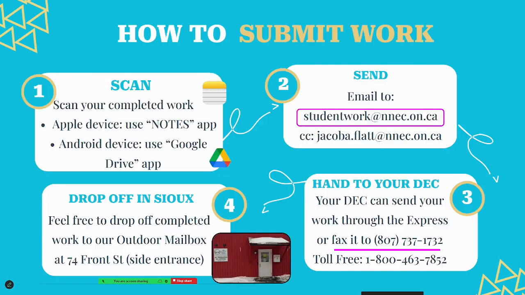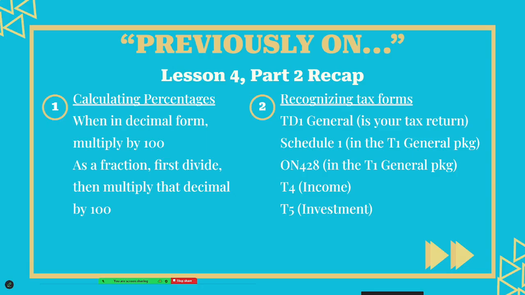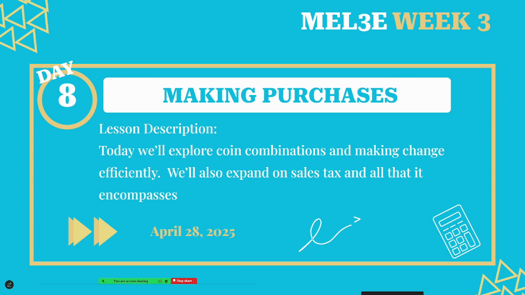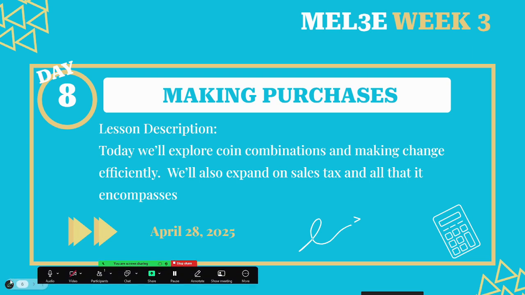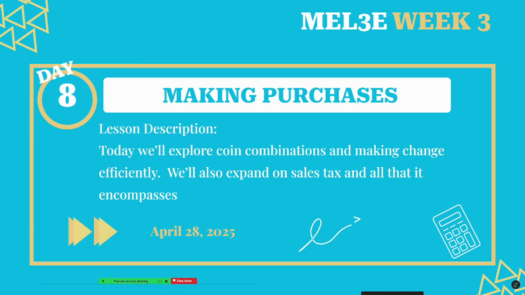That having been said, today we are going to finish lesson 5. We first explored the coin combinations. We wanted to learn how to make change efficiently because we know that even though you might have access to a cash register or the calculator telling you how much change the customer receives, it doesn't tell you how to make that change. So it's a wonderful skill to have that you can continue to practice even if you are not working retail or behind a cash register.